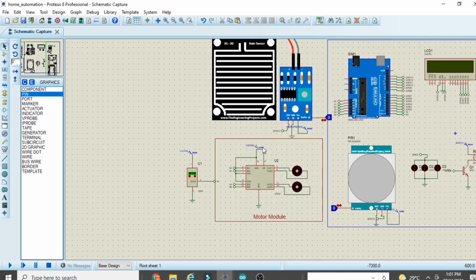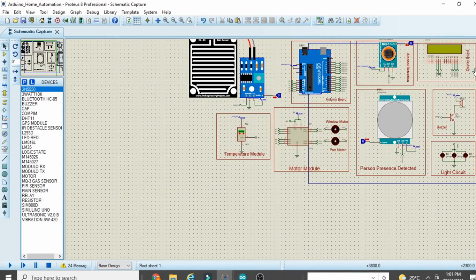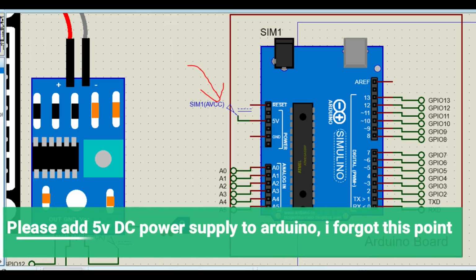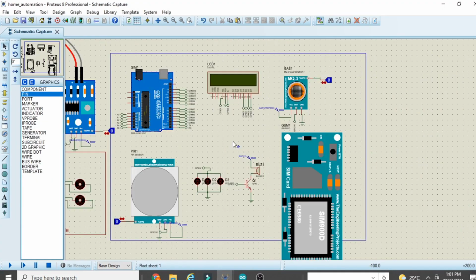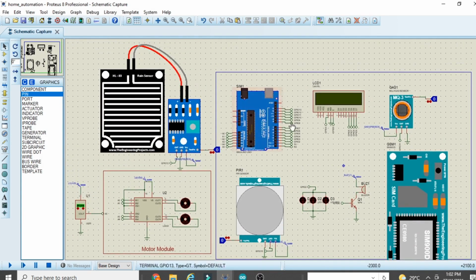So in this way you have to give the box, and you should give the name for each and every module so that it will look like this. So you can see my circuit looks very neat and clean. So you can arrange this circuit like this. I hope in this way we have completed all the parts of the circuit and you understand all the circuit designing. Now we will jump to the programming part of this project, and it is very important to learn the programming.